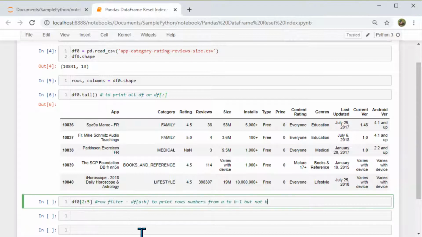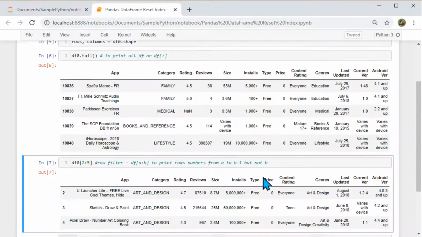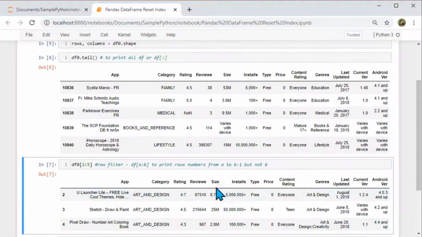Now, let's say I want to do a few other things to explain how this works. If I write something like this, df[2:5], that means show me row numbers starting from 2 all the way up till 4 but not including 5. Let's execute this statement. If I execute this, I can see that information.